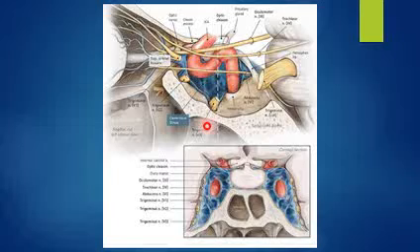In this lateral view of cavernous sinus, we can see the oculomotor nerve which is passing through lateral wall, then trochlear nerve, then abducent nerve which passes through the sinus, and cavernous part of internal carotid artery which is passing through the sinus, and then internal carotid artery comes on superior aspect or roof of the sinus.